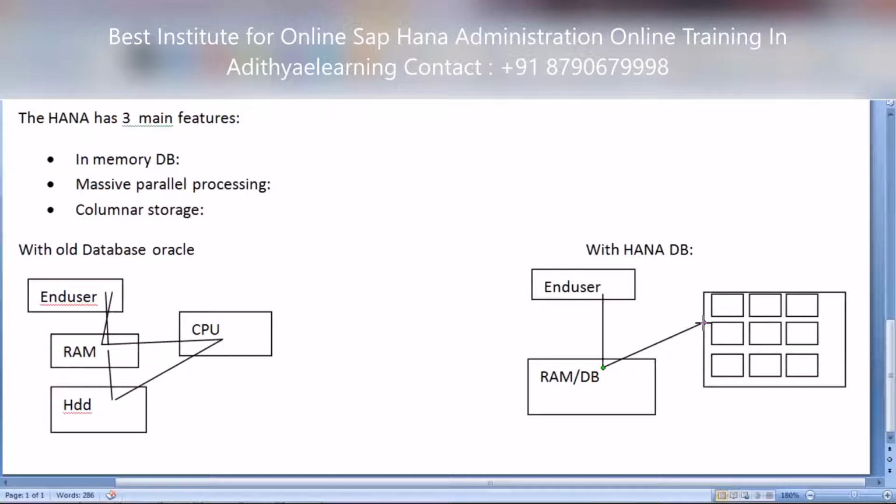Whenever you fire that query, when it goes for processing, the query is divided into subchunks. What does that mean? If you have 9 CPUs and 90,000 records, each CPU is responsible for only 10,000 records. If you go to 9 lakh records, each CPU is responsible for 1 lakh records, depending on the number of records divided by the number of CPUs. So each CPU will take its task, complete its task as early as possible, and in turn give it to the end user directly.